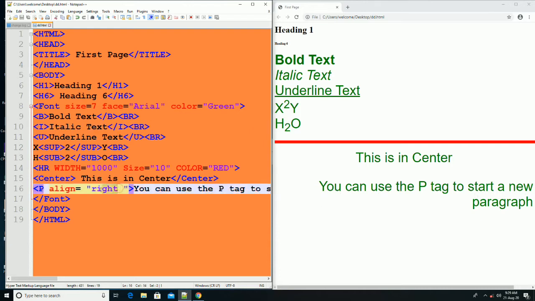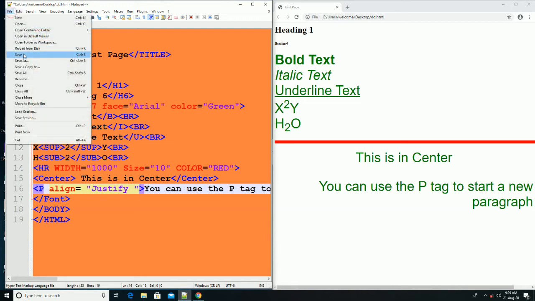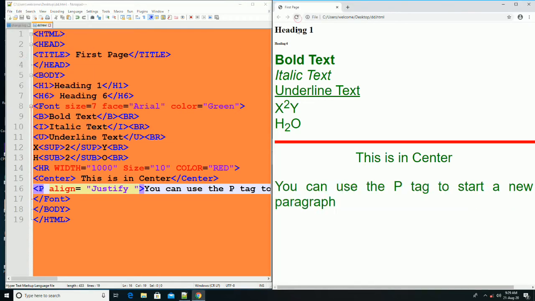If you change it here, and click on save and click on refresh, here you can see this is justify. That means from both sides, you can see it from the left and from the right side also.